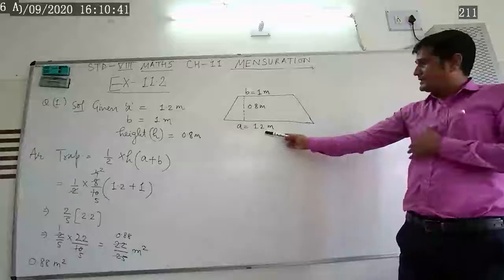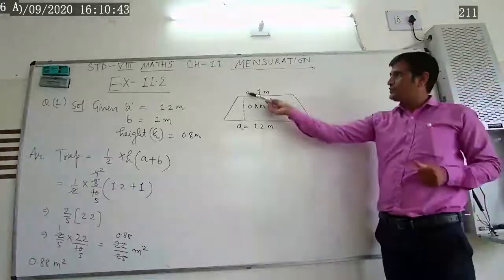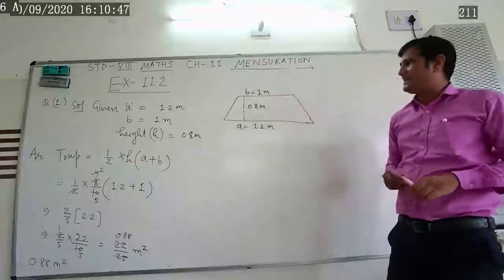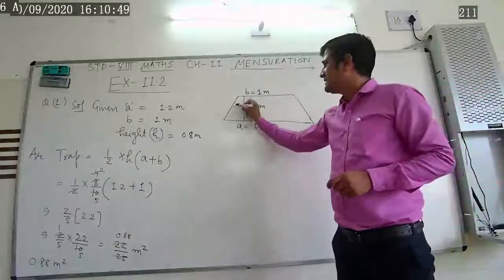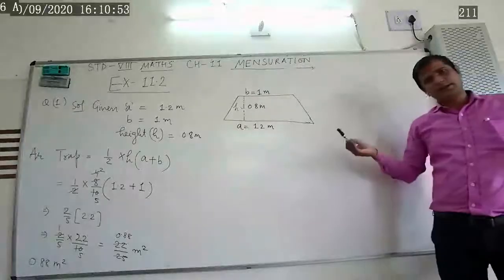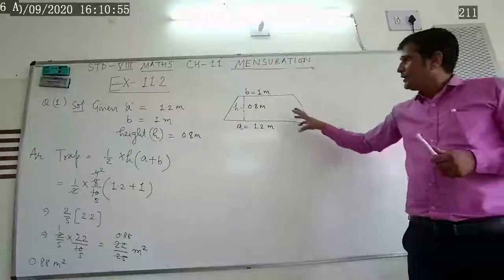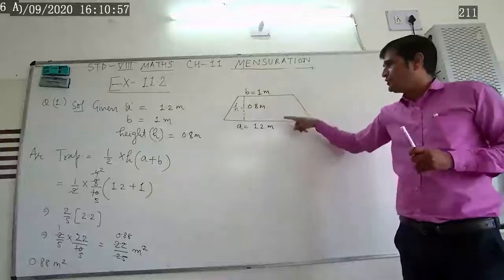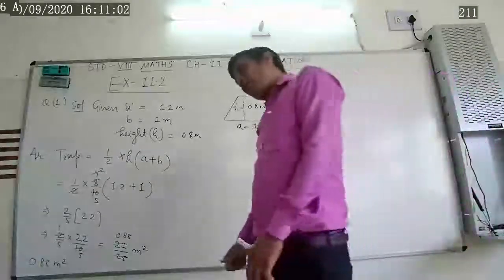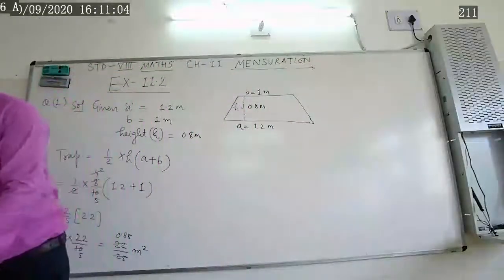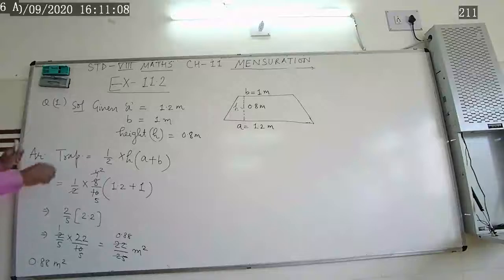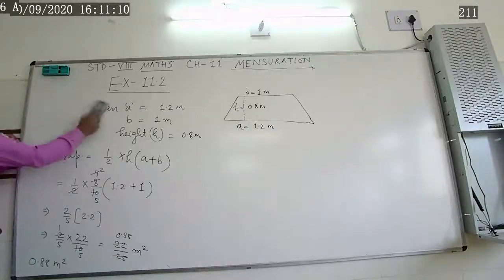So we had given side A equal to 1.2, side B equal to 1 meter, and the distance between the parallel sides, you can say this distance is nothing but the H value. Clear? So this is about the question. You people should have the knowledge of parallel sides as well as the altitude. Then after, you can easily overcome the difficulty. Question number 2 here, beta.